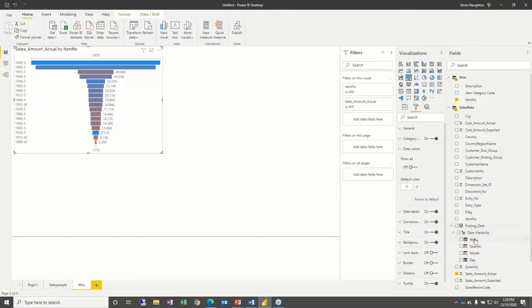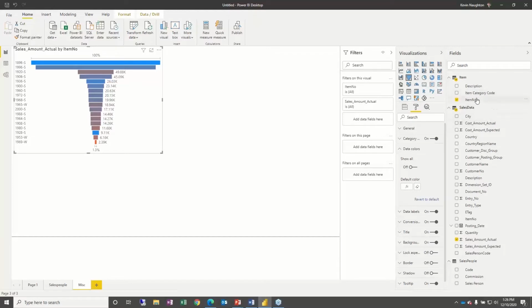Dates have a hierarchy. Within a year, there's a quarter, within a quarter, there's a month, within a month, there's a day. It makes sense. So when there's a date field, it automatically creates a hierarchy. But we might want a hierarchy that's not so obvious to the system. So we need to build that. So within item category codes, there's item numbers. So we want a hierarchy for those two particular